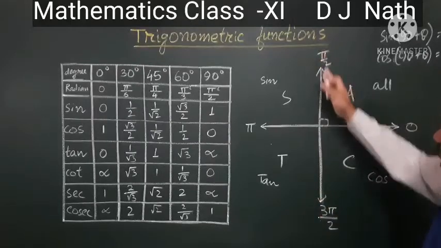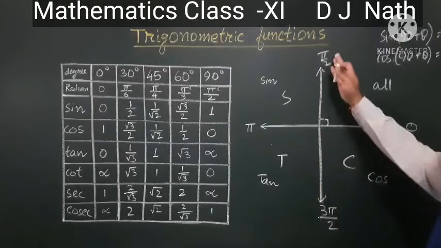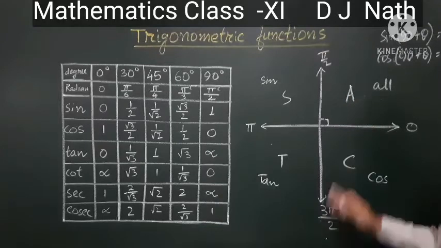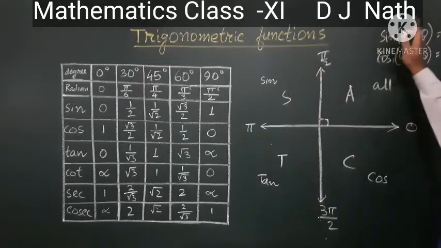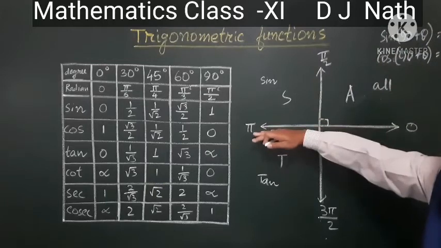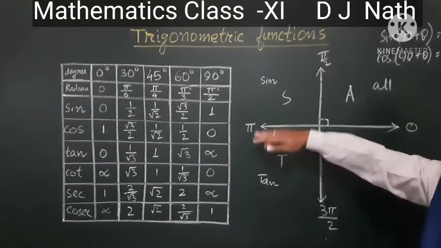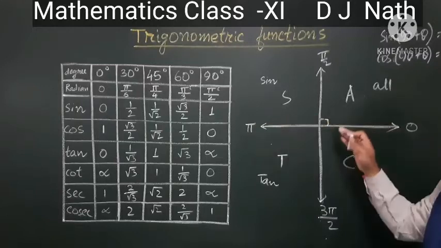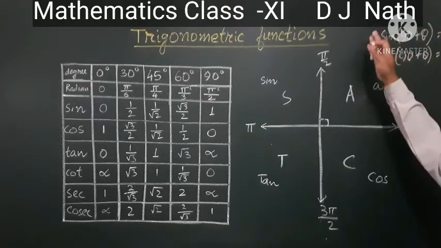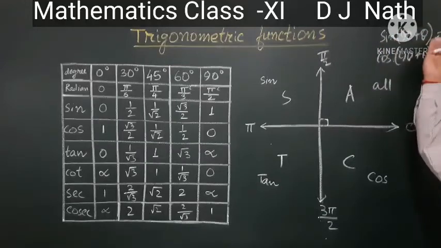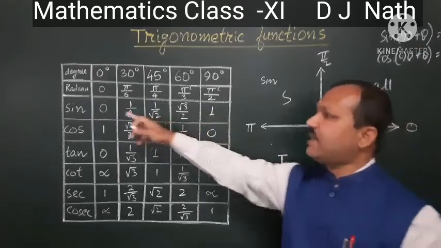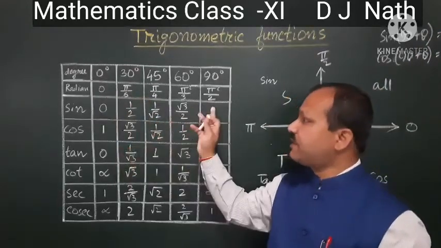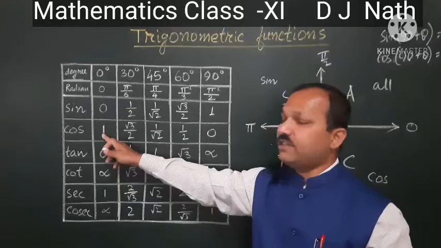But when we consider this y-axis line, in pi by 2 or 3 pi by 2, then sin will change into cos. But if you consider, say, pi minus theta or pi plus theta, when you use this line, then sin will not change. The trigonometric ratios will not change into other ratios. It is about complementary. Sin and cos are complementary. We have seen here sin and cos, how are they complementary?